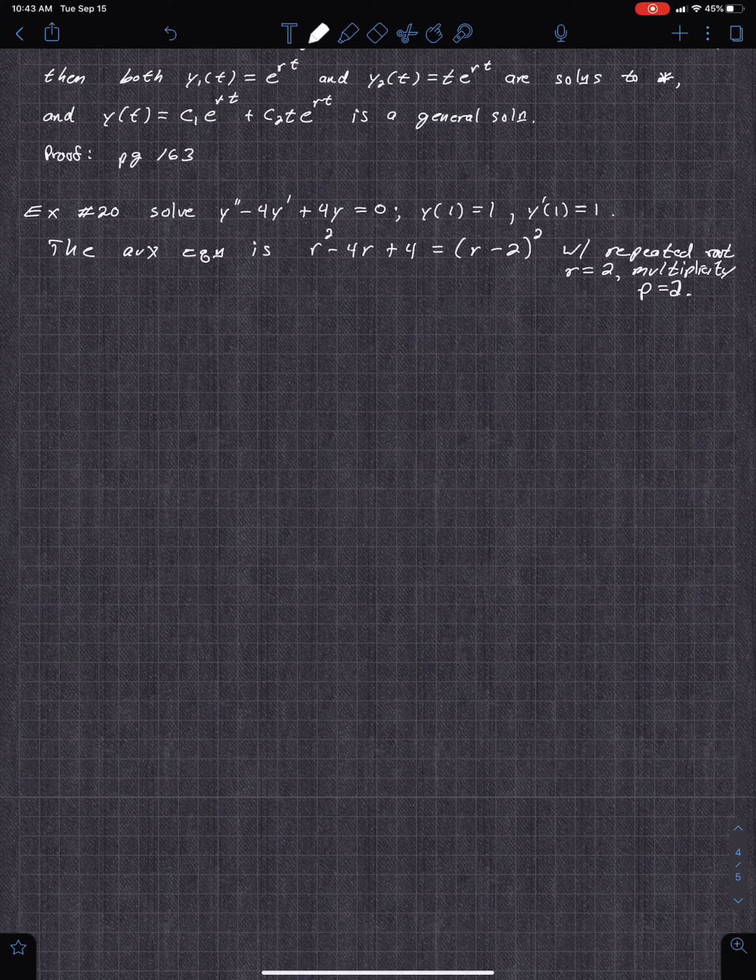Multiplicity of the root. All right, so thus, by the property above, the two linearly independent solutions are